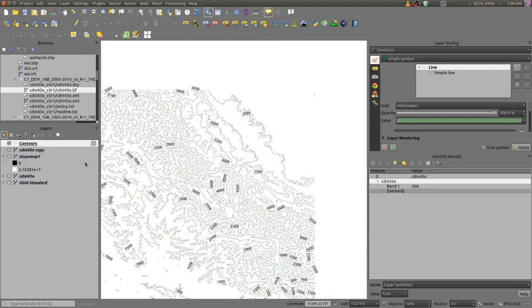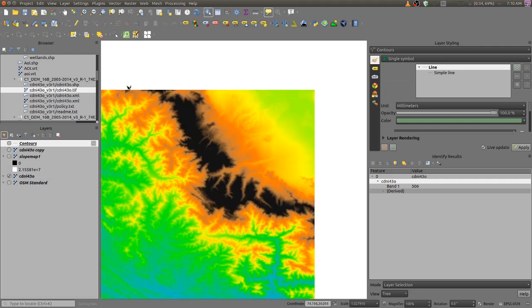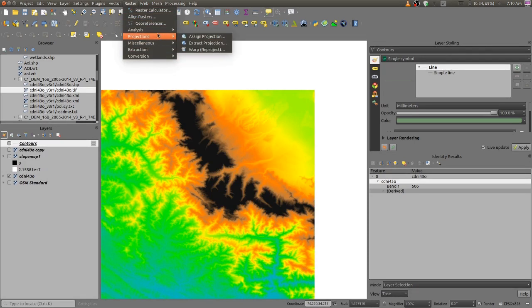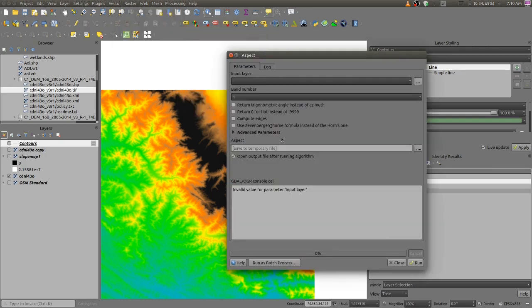And our next product, let us close this. Our next product will be the aspect map. Go to analysis, this is aspect, and our input layer is raw data, and the other things we will keep as they are.